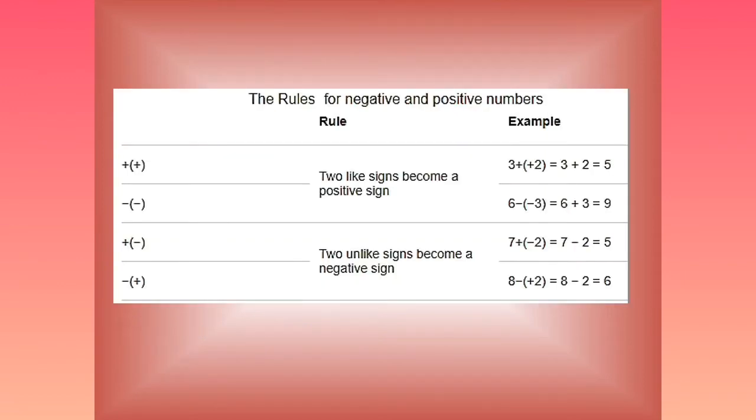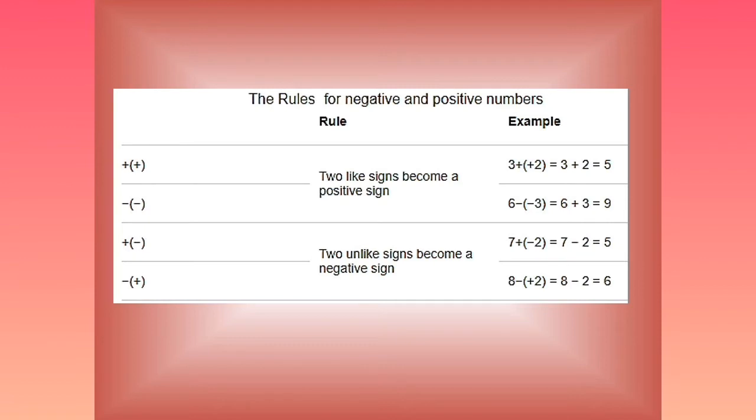The rules for negative and positive numbers. Two like signs become a positive sign. For example, plus times plus is equal to plus, and minus times minus is equal to plus. Example for plus times plus: 3 + (+2) = 3 + 2 = 5. Example for minus times minus: 6 - (-3) = 6 + 3 =